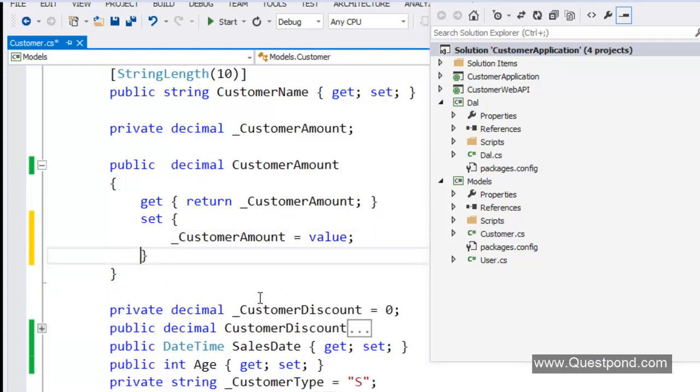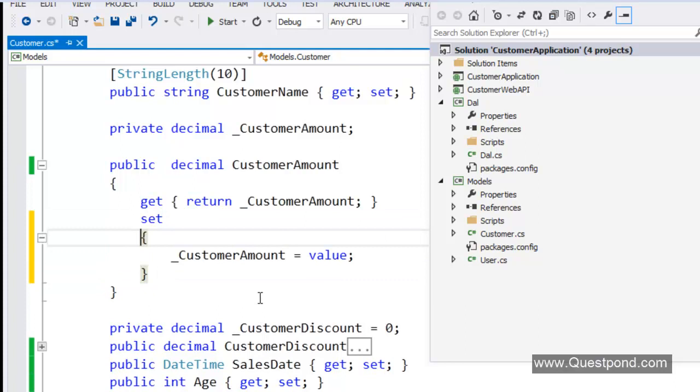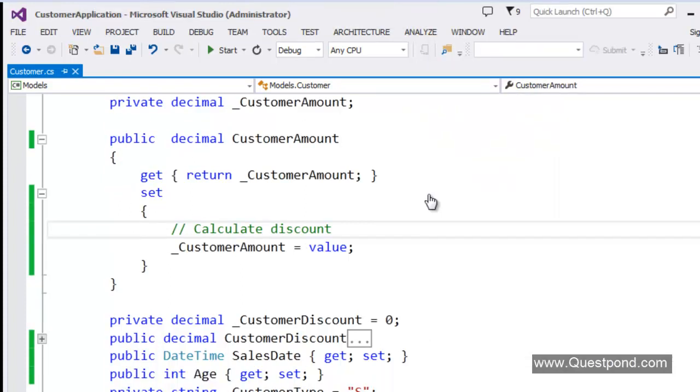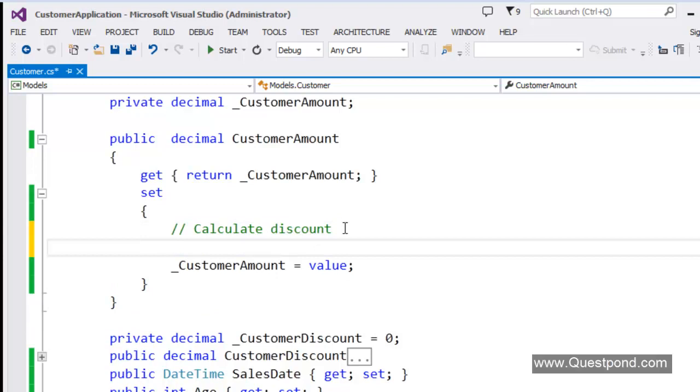When the customer amount is set, at the set, you would like to go and calculate the discount accordingly. Technically speaking, we will have an if condition here.